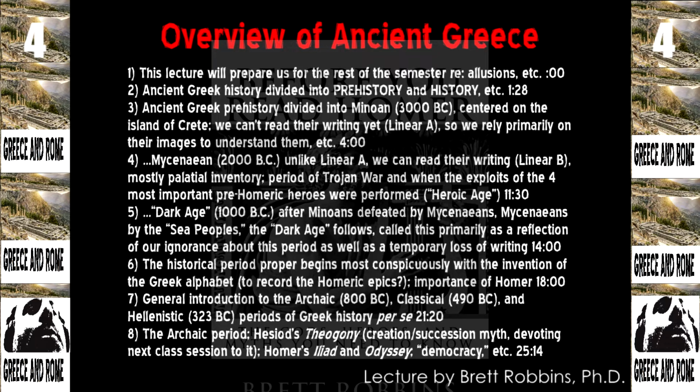That was a long footnote contrasting Egypt and Mesopotamia on the one hand, but especially Egypt and Greece on the other when it comes to the individual versus a kind of collective responsibility for art. Okay, so the Minoan period we're going to get to when we get to the hero Theseus, because even though there were stories going around about Minoan civilization, which was centered on the island of Crete, the southernmost and largest of the Greek islands, right between Egypt and the Greek mainland, the southern tip of the Greek mainland. So you're thinking right between Egypt and Greece, and so kind of symbolically where you would expect it to be, given how much of a trading partner Egypt was with Greece from the very beginning.